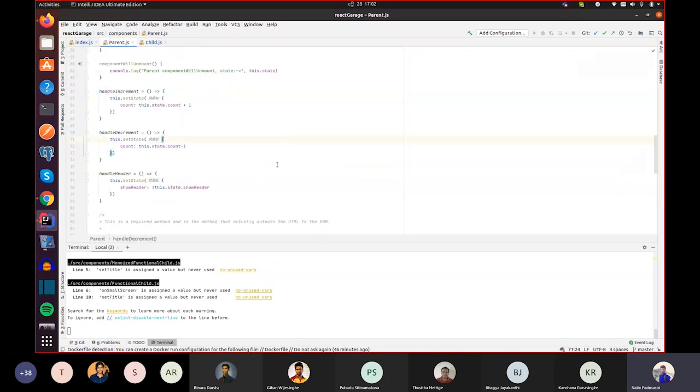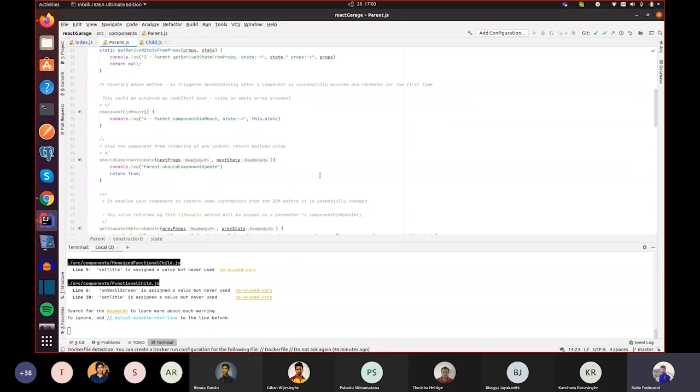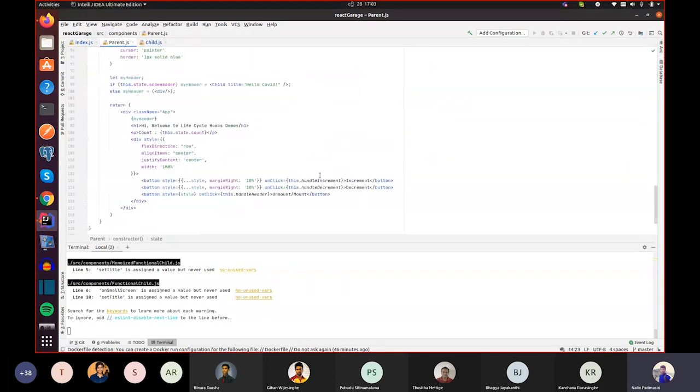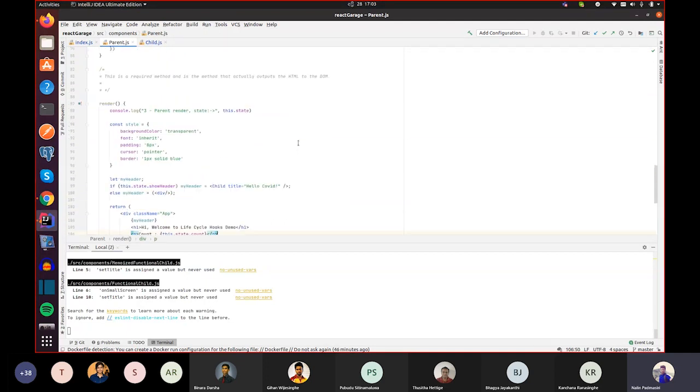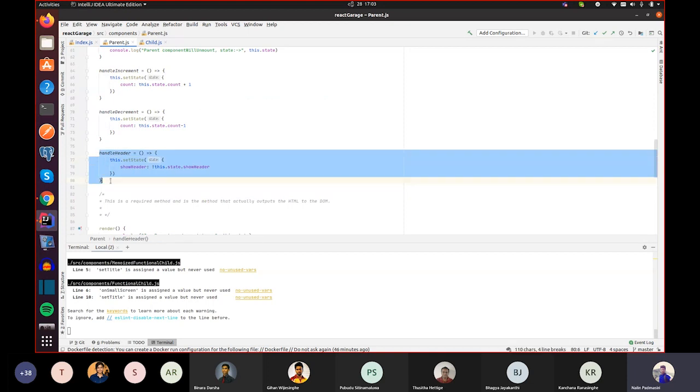I have maintained a boolean value. The state is showHeader. The showHeader state is initially true, defined inside this constructor function, and once I click this unmount or mount button, it will negate the value.